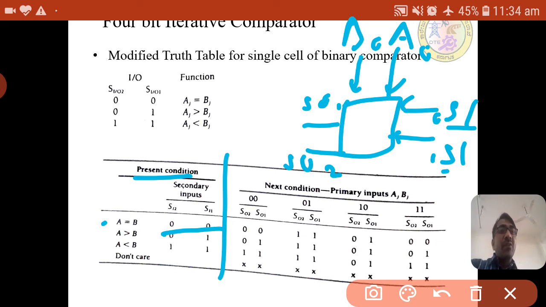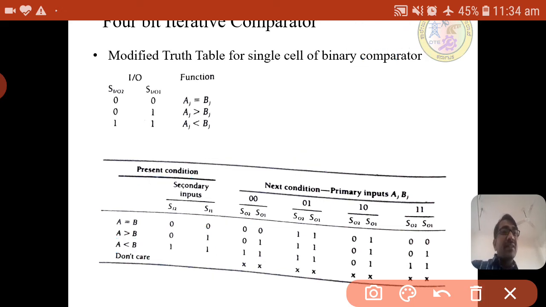So if A equal to B, it will be 0 0. If A is greater than B, it will be 0 1. If A is less than B, it will be 1 1.